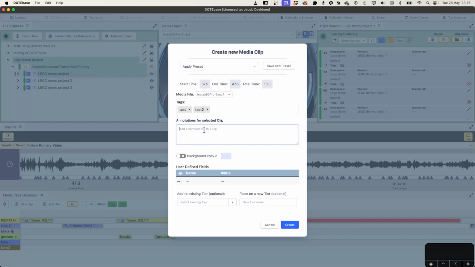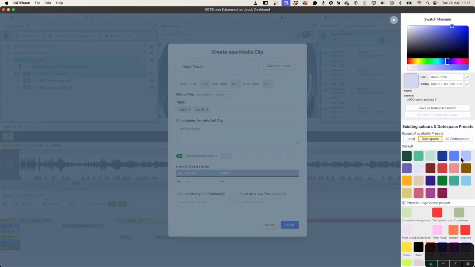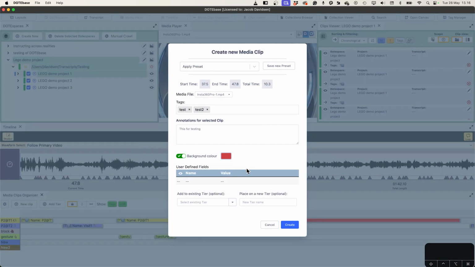Then we can add some more information, notes about the clip, and this is for testing, and then we can change the background color of the clip. So this will be different compared to the tier's default color, and then we can finally add user-defined fields. So testing and testing